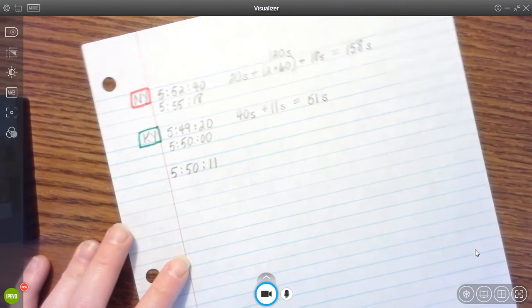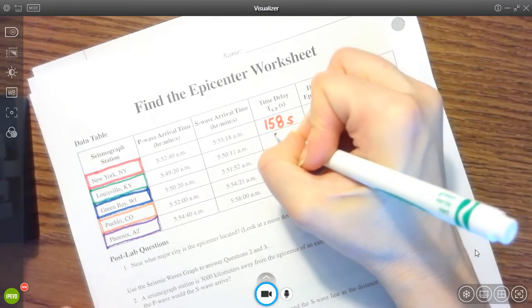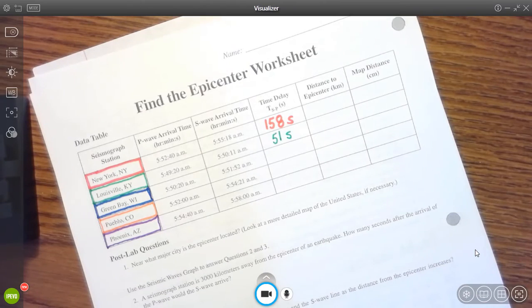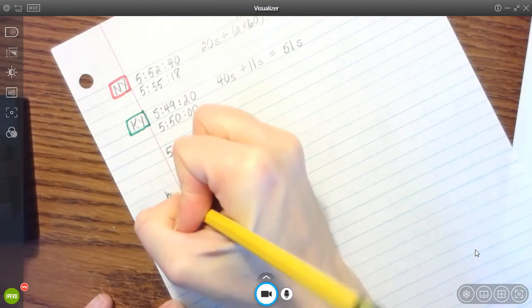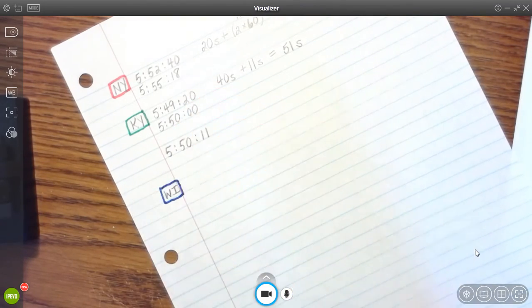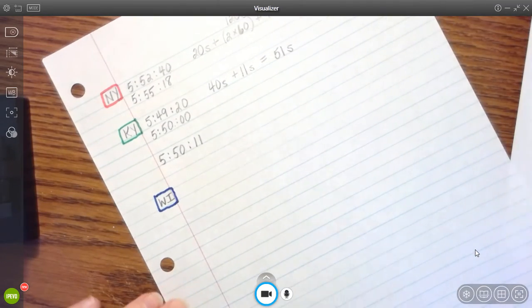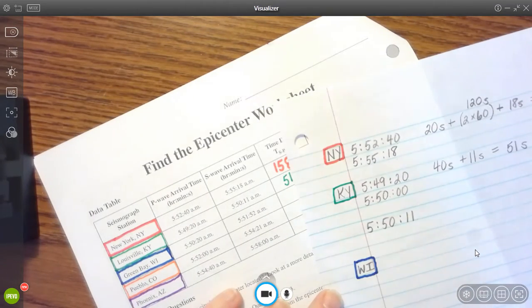Okay, so then I'm going to go back to my data table, and the lag time for Kentucky is 51 seconds. Okay, Green Bay is next. So the next one is Wisconsin, and Wisconsin is blue. The arrival time for the P wave for Wisconsin is 5:50 and 20 seconds, and the S wave is